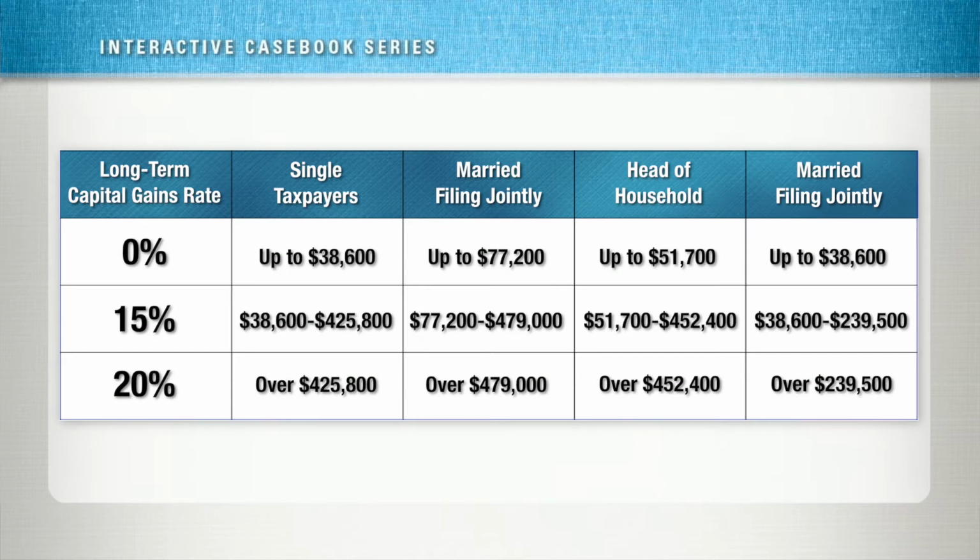Remember, the 0, 15%, and 20% rates are now tied to dollar amounts. Those amounts are adjusted for inflation and vary depending on the filing status of the taxpayers. This table provides the capital gains rates as they exist after passage of the Tax Cuts and Jobs Act. The code also provides that if a taxpayer's marginal rate is below the capital gains rate, the taxpayer's lower marginal rate applies. Thus, taxpayers in lower brackets receive no benefit from the 25% rate on unrecaptured gain or the 28%